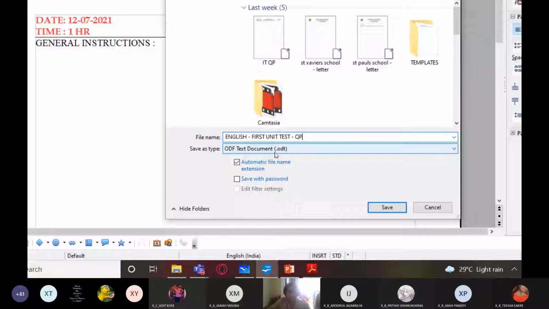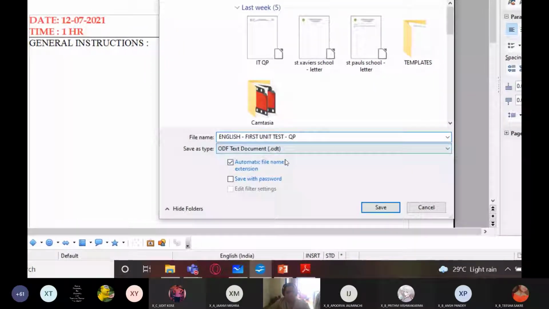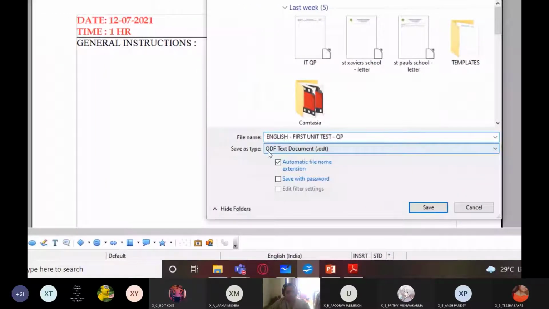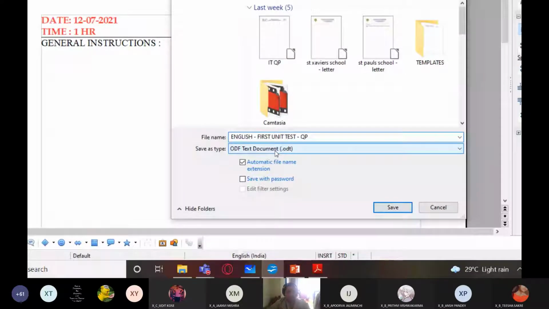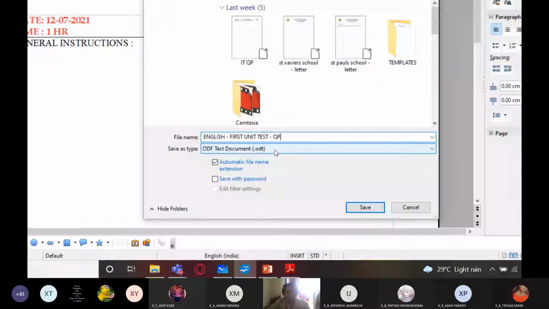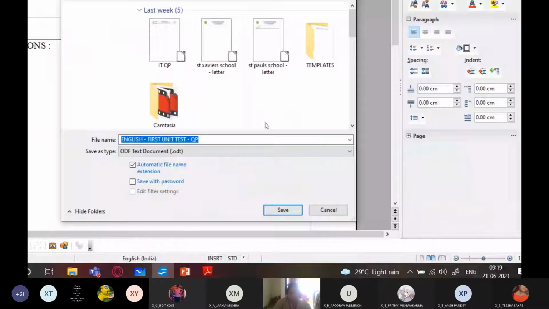The extension has changed. For a template, the extension is what? .ott, whereas for a normal document, open document format text document, that is .odt. That is a simple writer document. Okay, and click on save.